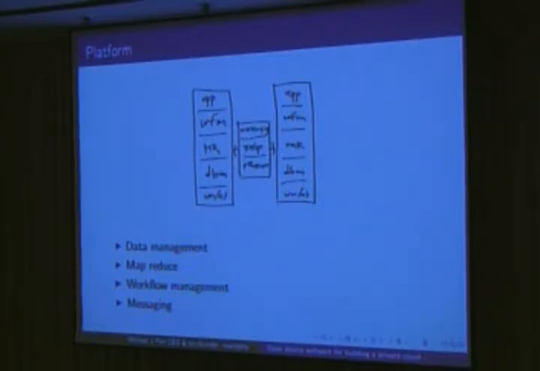And then you look at the center of the image, the way that the nodes communicate with each other, right? It's also a network stack. So at the very bottom, you have the Ethernet, which is the actual physical hardware. Then you have TCP/IP, which is the transport protocols. And then on top of that, what you really want is a messaging protocol, right? TCP/IP really only allows you to send data over a socket, but if you were to use TCP directly, you still have to do a lot of parsing of the data to figure out where your message begins and where it ends. So messaging should really take care of that for you. So all you really have to worry about in your application is sending discrete messages.